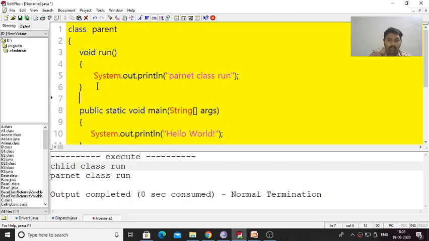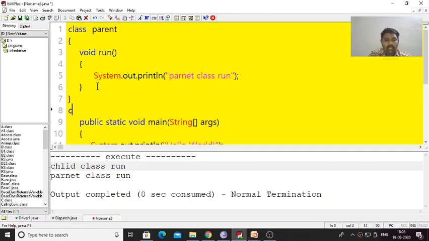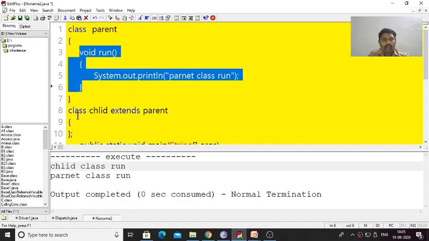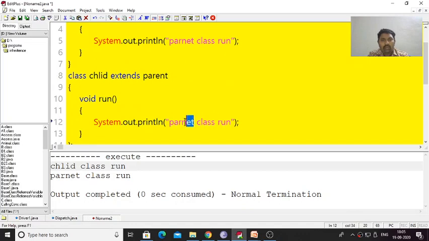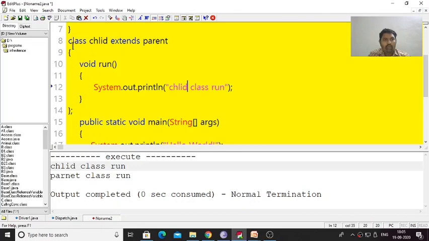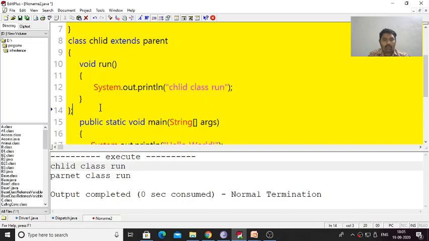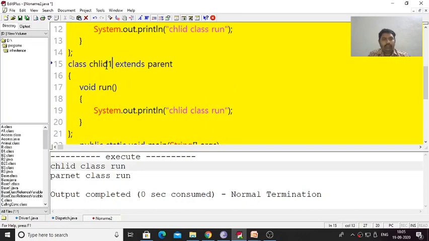Then I have another class, class child. The child class extends the parent class, and the child also has the same run method, where we are printing the child. Then we have another class, child1, which also extends the parent class, and it also has a run method.